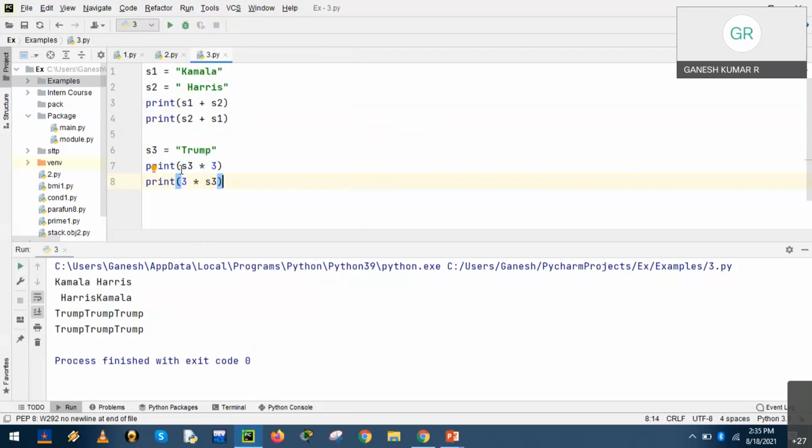But S3 asterisk 3 gives 3 times Trump, repeatedly concatenated. 3 asterisk S3 gives again the same result. So if we get the same result irrespective of the positions, what's the name of the property from the mathematical point of view?